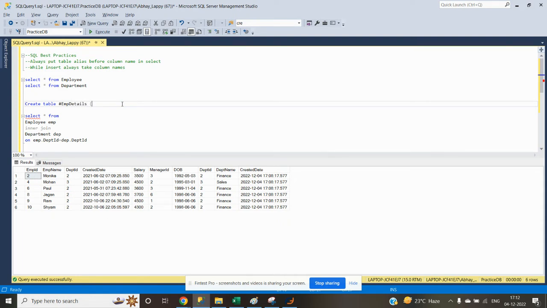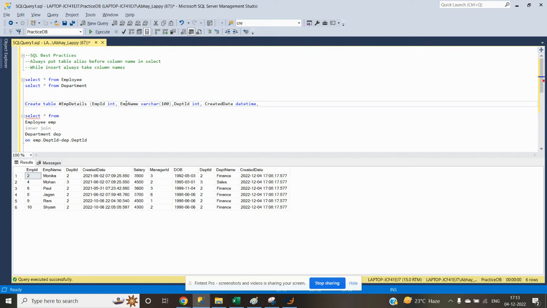Say emp_id as integer, then emp_name as varchar 100, then department_id as integer, then created_date as datetime,